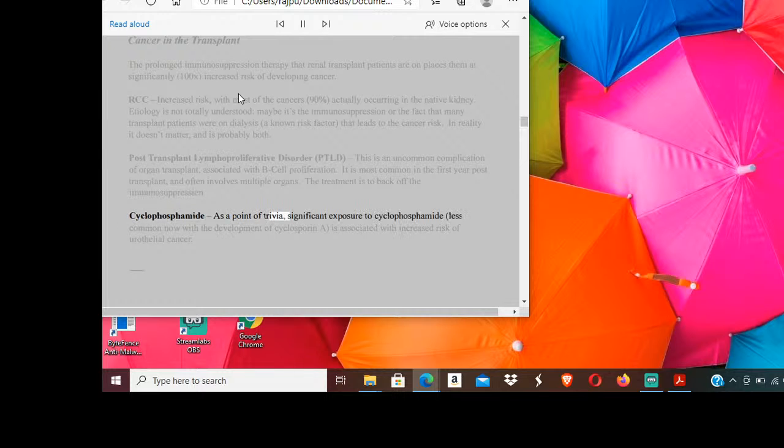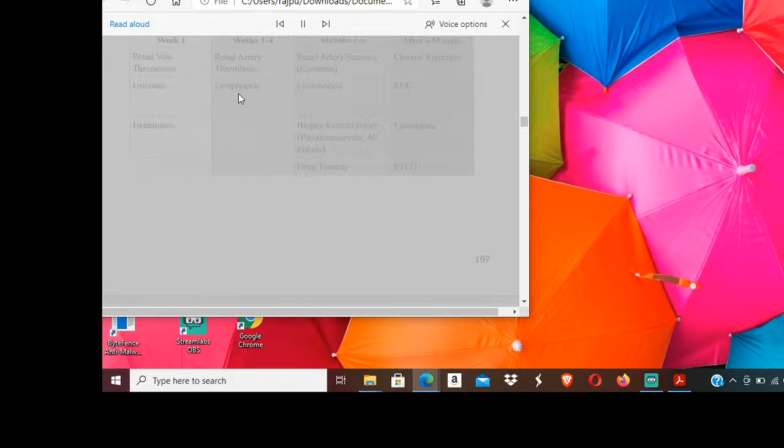Cyclophosphamide is a point of trivia. Significant exposure to cyclophosphamide, less common now with the development of cyclosporin A, is associated with increased risk of urothelial cancer. Week 1: renal vein thrombosis, urinoma,